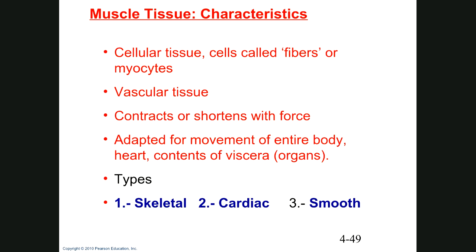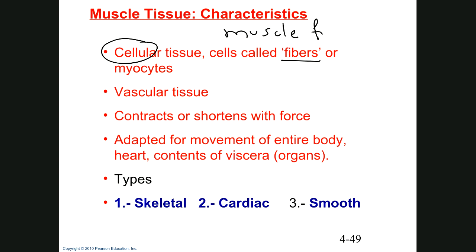Perfect. Okay, so first thing we do is we go over the general characteristics of muscle tissue. And muscle tissue is actually easy when it comes to characteristics. It is cellular, just like epithelial tissue, which means we're going to have cells on top of cells next to cells. This is the one thing that is confusing about muscle tissue. The cells are called fibers, more specifically muscle fibers,